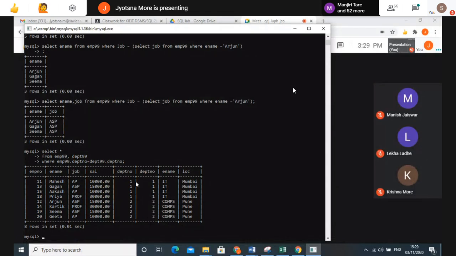See, I'm getting the department number from the employee table and the department number from the department table. Wherever it is common, it has given me the complete detail of the employee with its department number detail. So 2 is matching with 2 for that particular record. Clear? So all of you complete this.